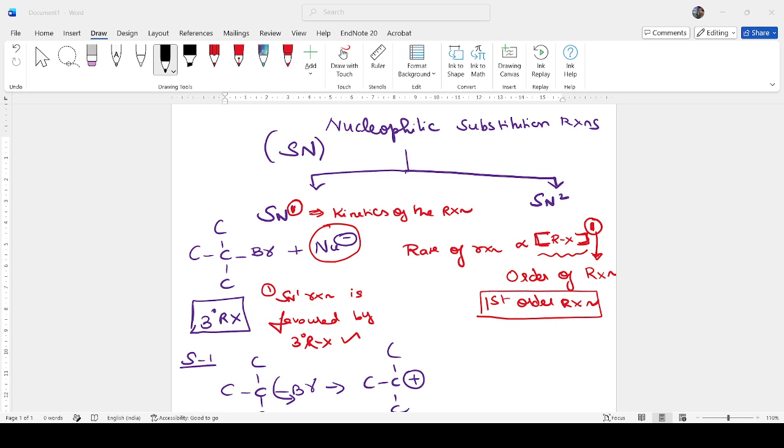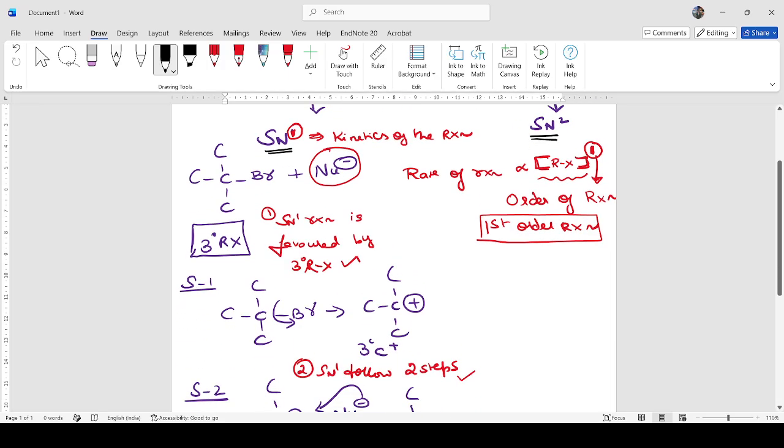Yes, let's start. We are discussing nucleophilic substitution reactions. There are two types of nucleophilic substitution reaction: one is the SN1 reaction, another is the SN2 reaction. We are considering a tertiary alkyl halide here. If a tertiary alkyl halide is attacked by the nucleophile, in step 1, the bromide ion leaves the spot